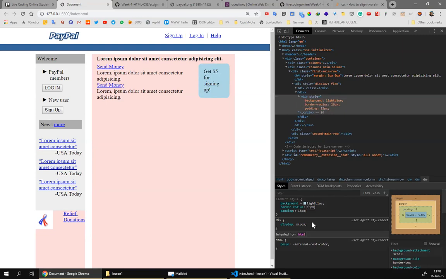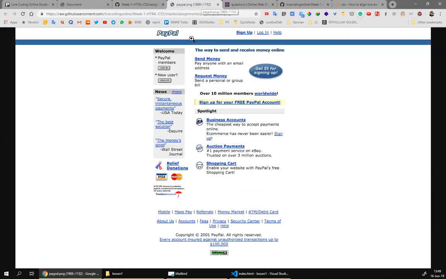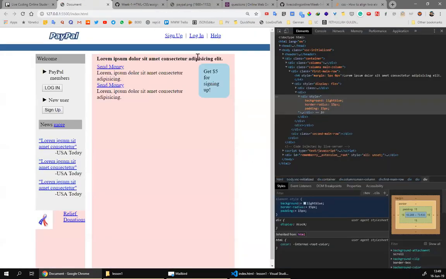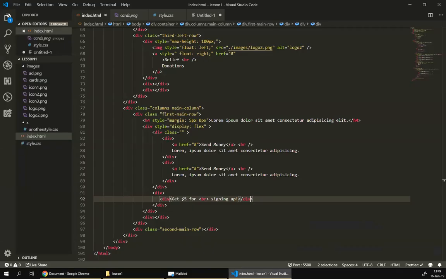Now we have a kind of problem, because with border radius it's not really possible to do this like that, so I think it should be an image, because with border radius I don't think you can get the shape. But anyway, you can crop the picture for your assignment and do it with a picture, but for me I will try to do it